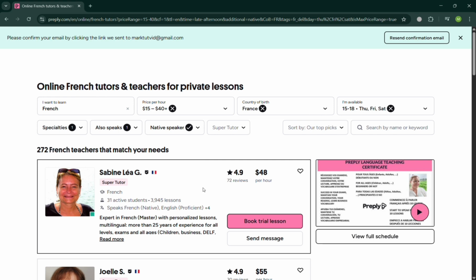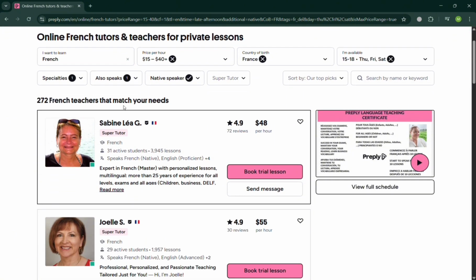Now it will show us in here all of the 272 French teachers that match our needs, given the details and preferences that we just entered. And from here you can simply scroll down to look for a specific kind of tutor. But the first one in the list is this Sabine Leia, and it will show us in here